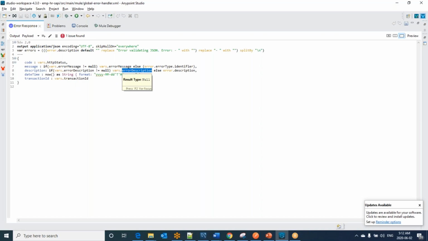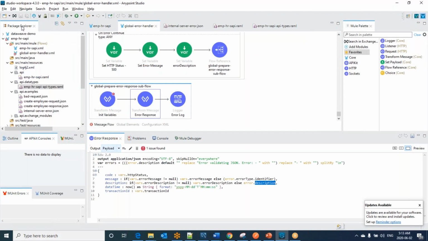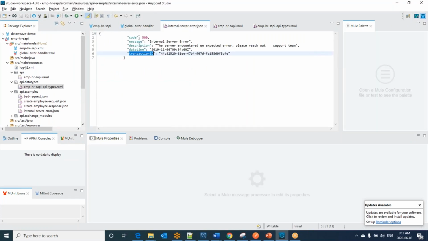sometimes if you are not handling the exception and you are handling it in the flow itself, then you would like to respond back the error description as it is. Then if you are not creating this variable, it will go to the else block. And I'm setting the current date time in this format, and the transaction ID I am going to create now. You will understand how I am setting up this transaction ID. Okay, it's straightforward. Don't get confused. I need to respond back the response as we defined in the RAML.